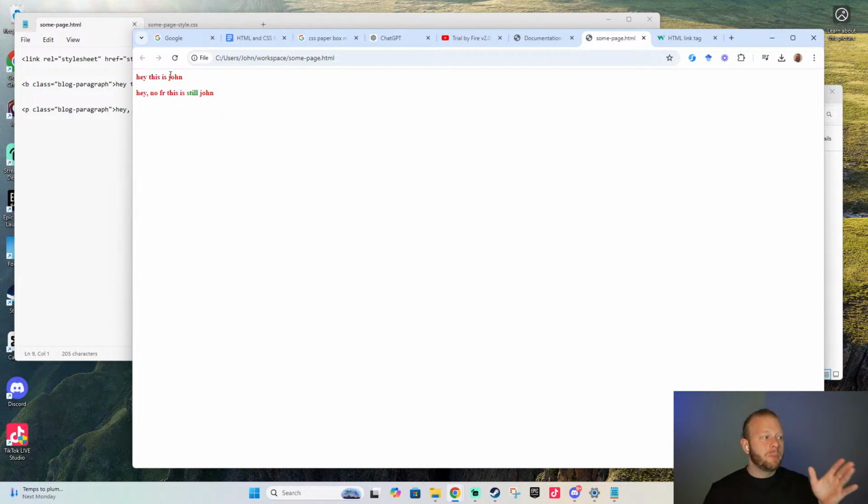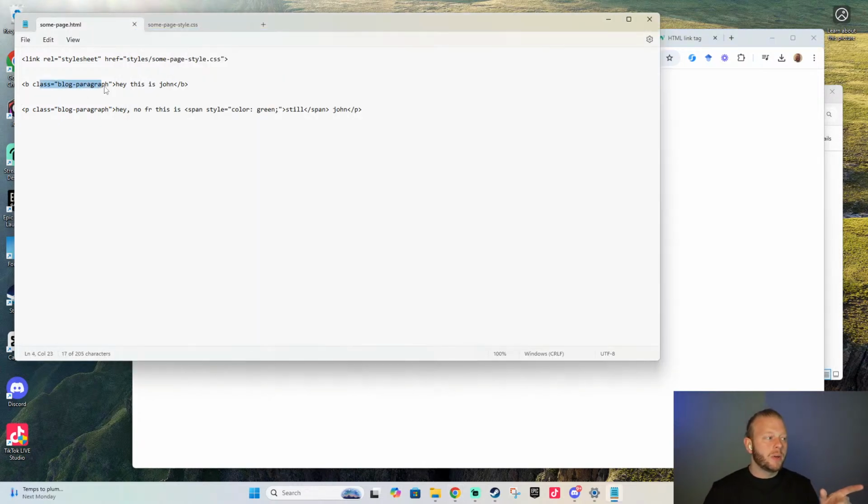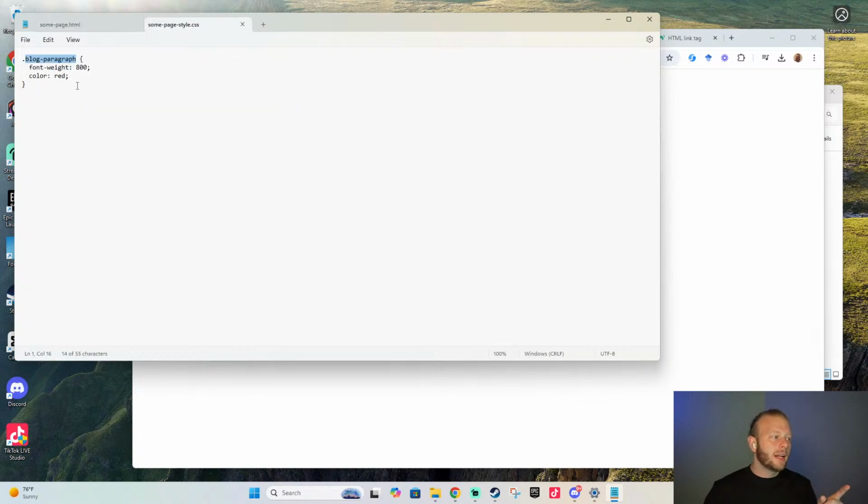The red is applying to both elements, even though the top one doesn't have the inline style anymore, because it's using that class. And this period is the class selector. So these are some of the things that we've covered so far. There are some other selectors. We can use an